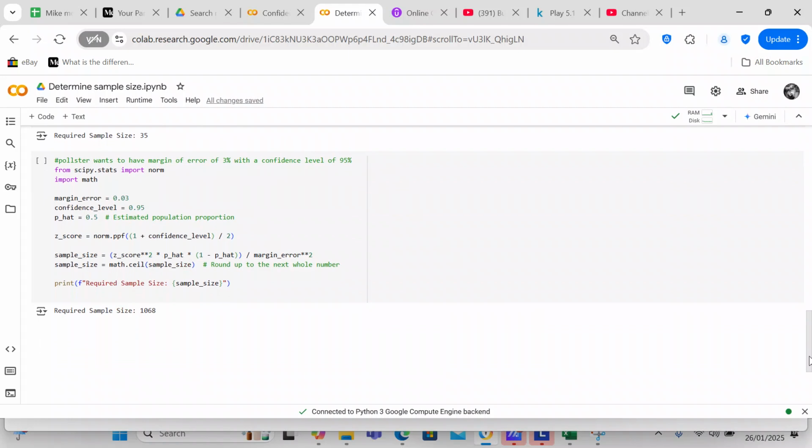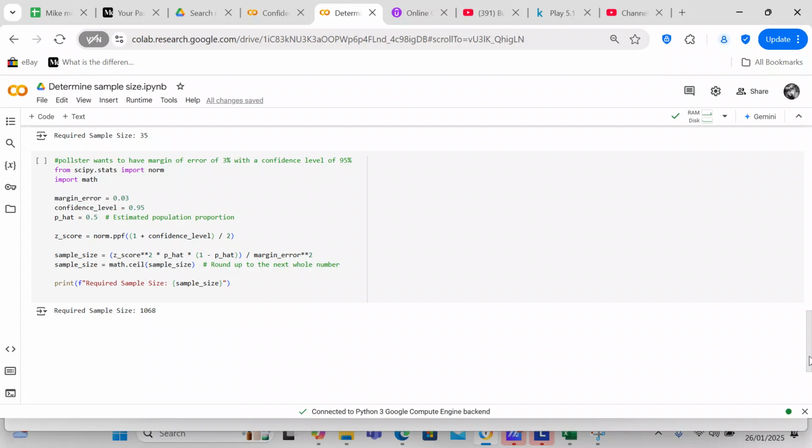And then we're going to round that up to the nearest number. Sample size equals math.ceil sample size. And so the sample size is 1068. So that's how many people you would need to poll to have a margin of error of 3% with a confidence level